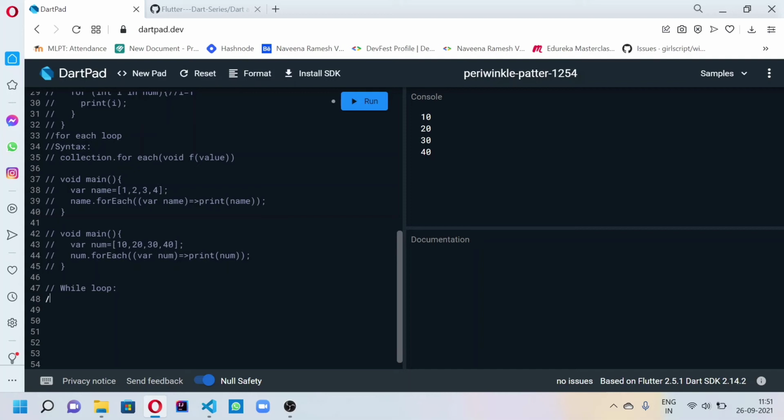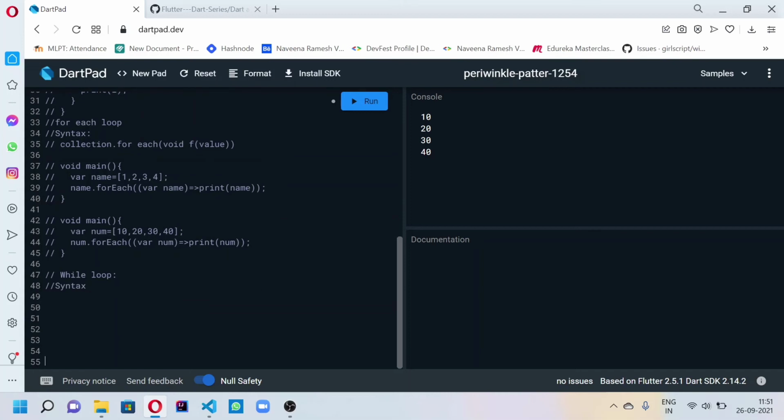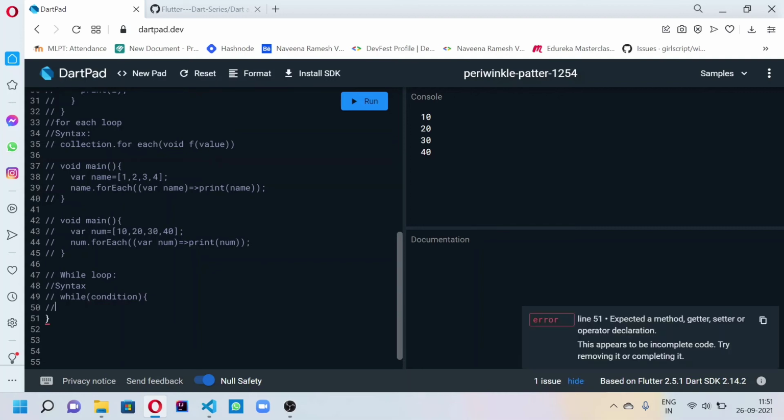Okay, let's see the syntax. For the while loop, first we will write while, then the condition, then the body, and the increment.